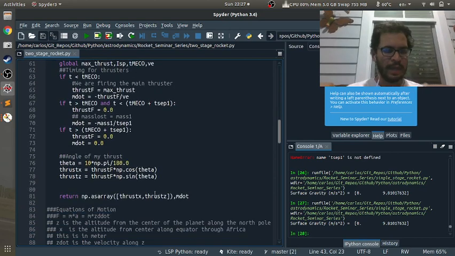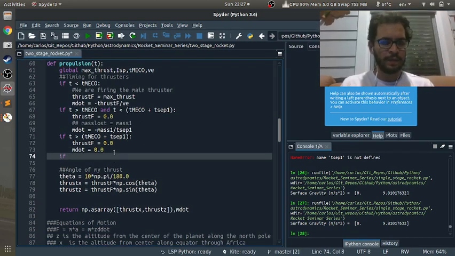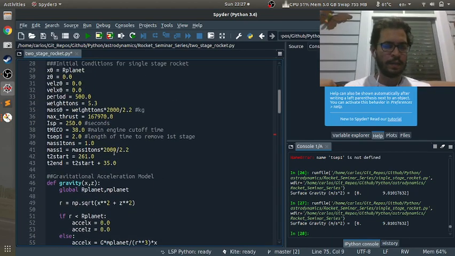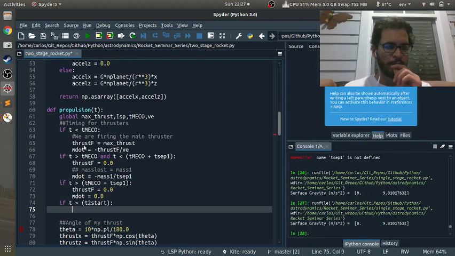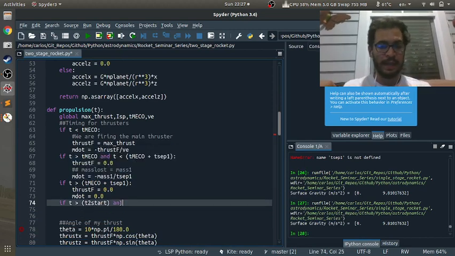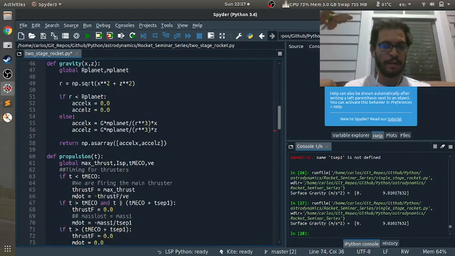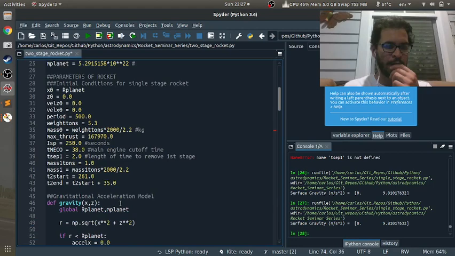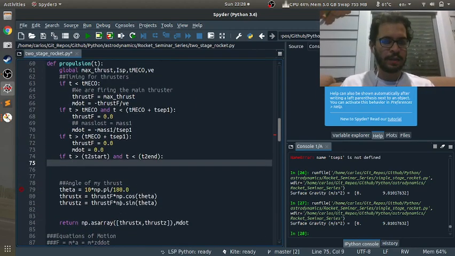Okay. So now you should be able to say, okay, if T is greater than T2 start, okay, that looks good. And T is less than T2 end, right? Because those are absolute times. I already converted that in there. Then I'm just going to assume,